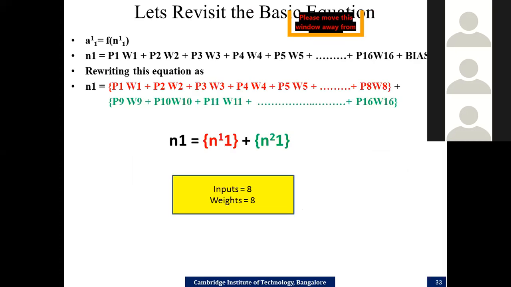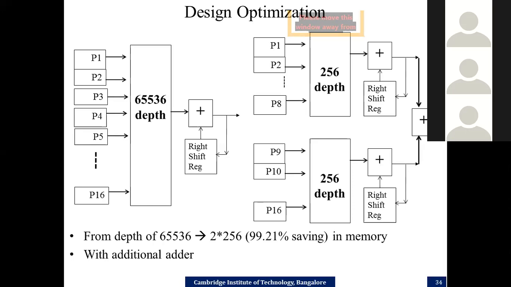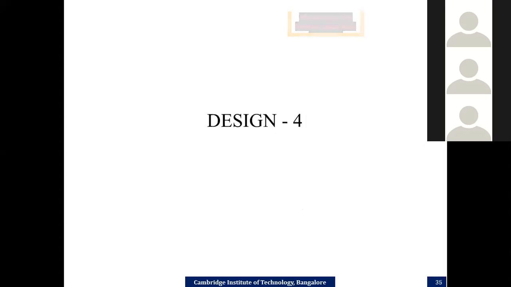Further, you can keep on doing this. Again, you should have a trade-off between the number of adders, the clock cycles and the memory limits. Yes, let us go to design 4. What else can we do now? We can further divide it into 4 groups, and the depth will be maybe 2⁴ with a few additional adders. Okay, fine, that is one way of doing it. Any other way? Can you think of an out-of-the-box approach?